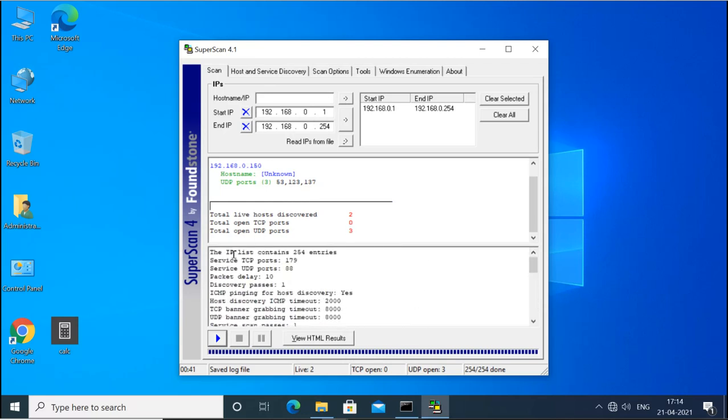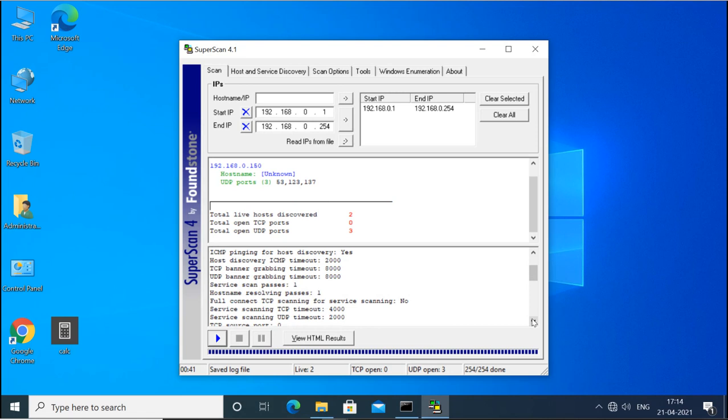The IP list contains 254 entries, so it tried to scan 254 addresses. Services UDP ports is 179, services TCP port 80, packet delay is 10, discovery pass is 1, and ICMP pinging for host discovery. It also shows the host discovery ICMP timeout and TCP banner grabbing timeout, the time it takes to do these things.